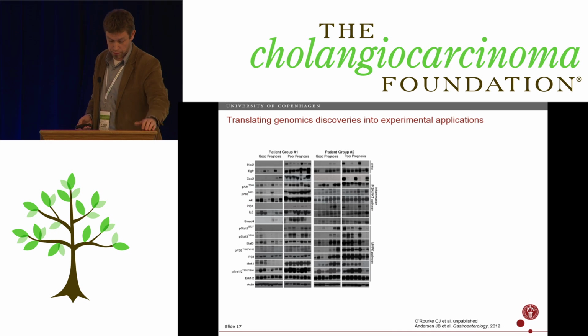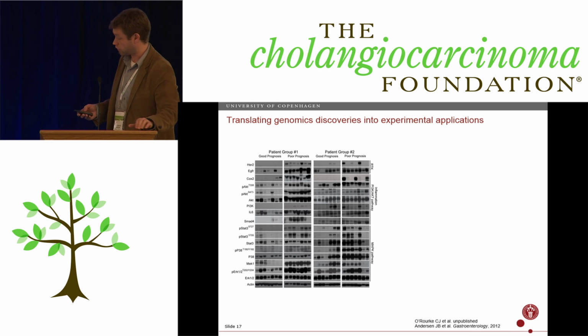We also confirmed that by looking at a type of a multiple Western blot protein array type study, and again in the poor prognosis groups, in two different patient groups here, good and poor prognosis for either of the groups. We see an overexpression of many of these components in the pathway, as well as both the ERB pathway, COX-2, which will become important in the talk, AKT, as well as STAT and IL-6, as we have heard about earlier in this meeting as well.